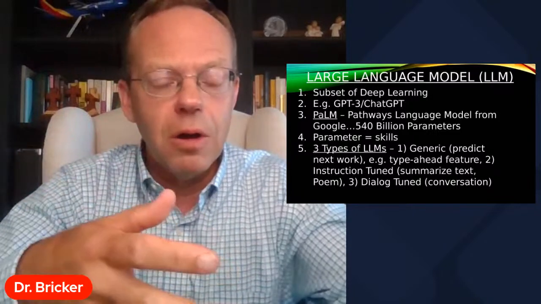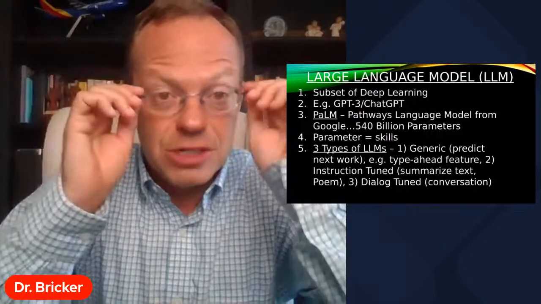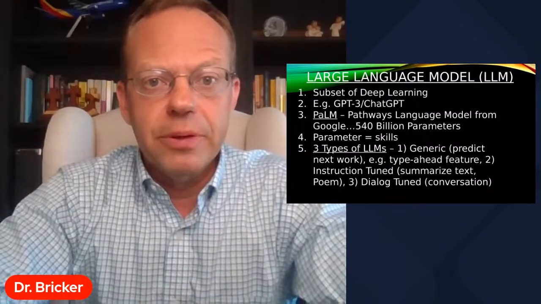Now, to a certain extent, if you do text to video or text to image, that's not as much a large language model, because it's not giving you out the language as the output. It's giving you a picture as an output. So just know that when it talks about large language models, it's specifically talking about generative AI that is inputting language and then outputting language, words, if you will.